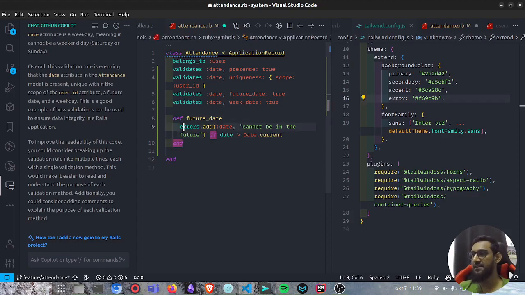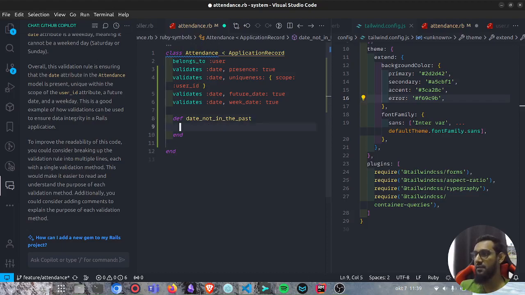No, yeah, errors add, so we need errors as well. And if the date is going to be in the future, date not in the past. So remove this block, do the same thing. Let's do it. It just appears like magic. Errors add. Actually, the date, because if the date is today,